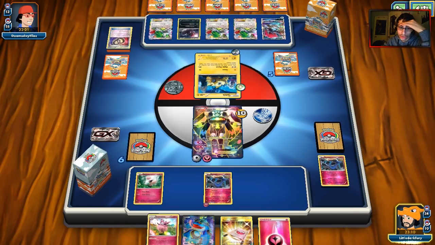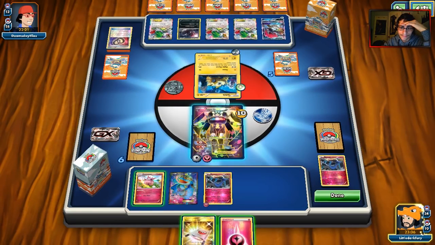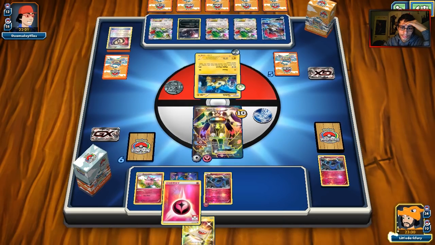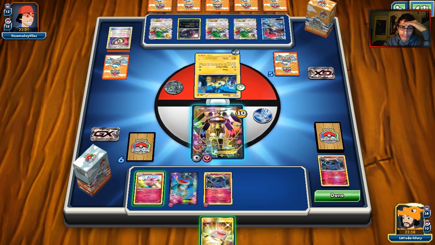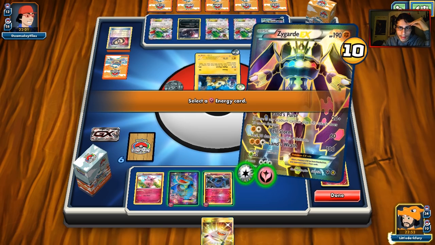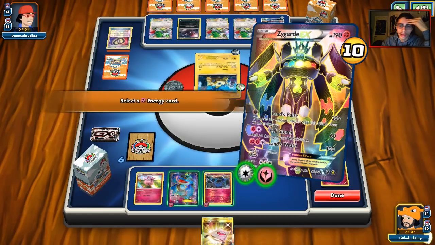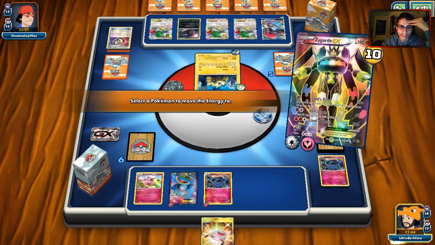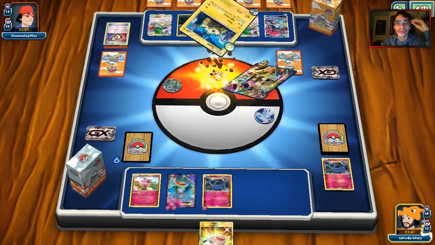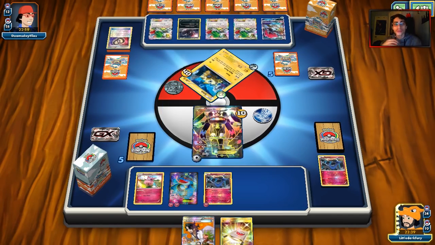Alright, what do we draw? Ooh, I mean, that's not a start, but best we can do. Try and conserve as much energy as I can here. He's got... Yeah, he's doing 200 damage. We're going to try and conserve the energy if we can. Hopefully we can draw something soon though, guys. And hopefully our prize is something. Yes, okay. Next turn we should be good, but...